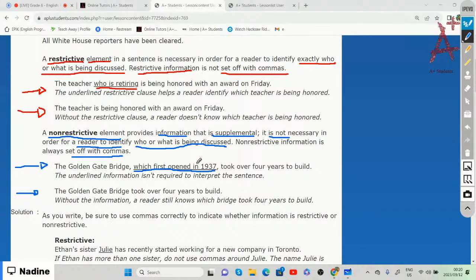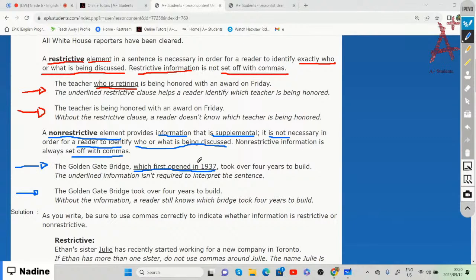The reader will still know what the information is, or which park was built. And that is now our difference between a restrictive element and a non-restrictive element. With a non-restrictive element, we don't need added information. The added information is not necessary